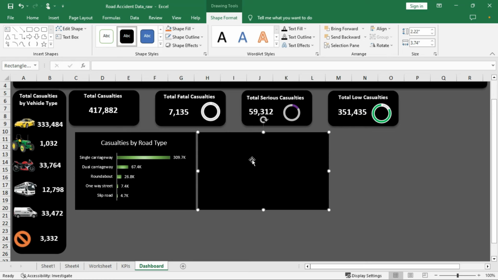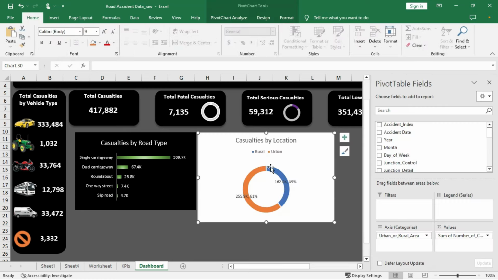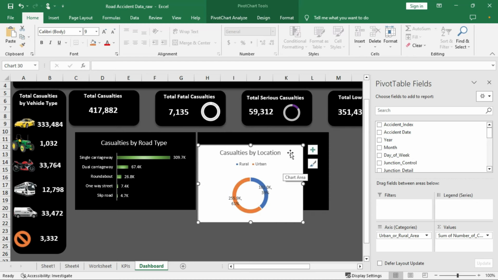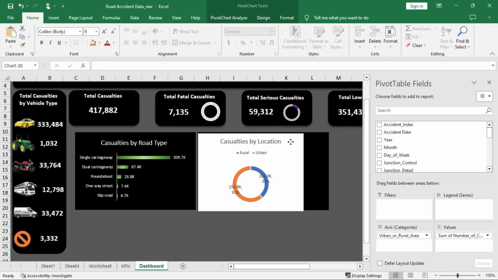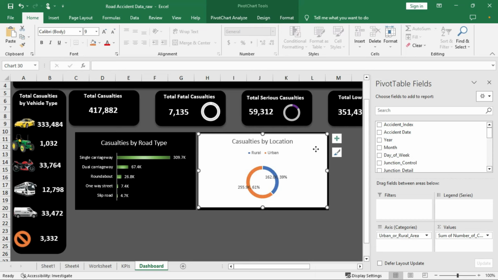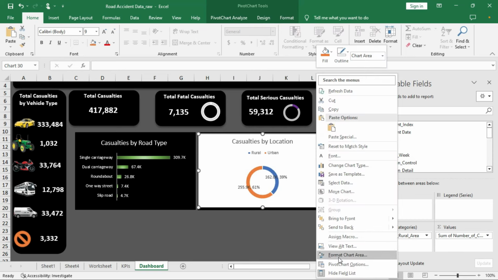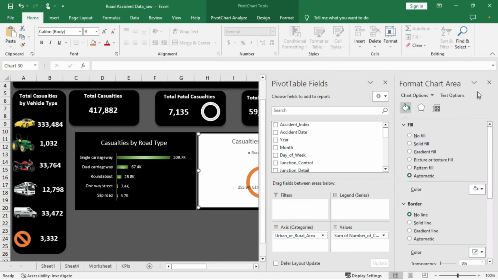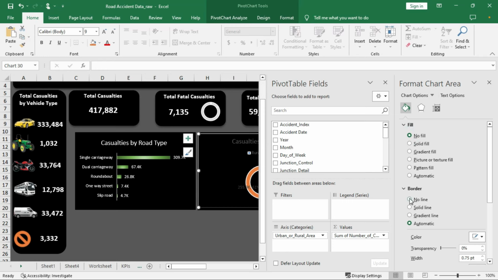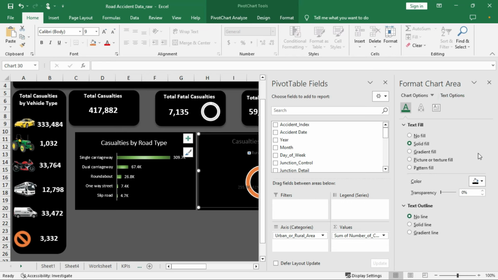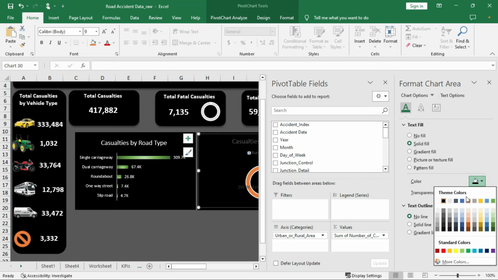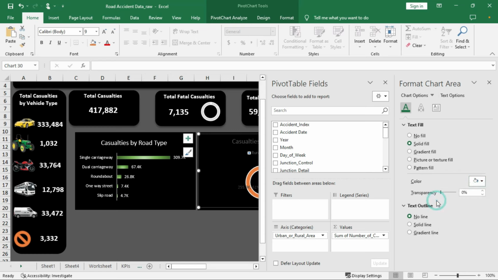Okay, then I paste the donut chart into it. I resize it. Right click on it, choose format chart area, then the fill, I'll choose no fill and no line. Come to text options and change the text color to white. Okay,